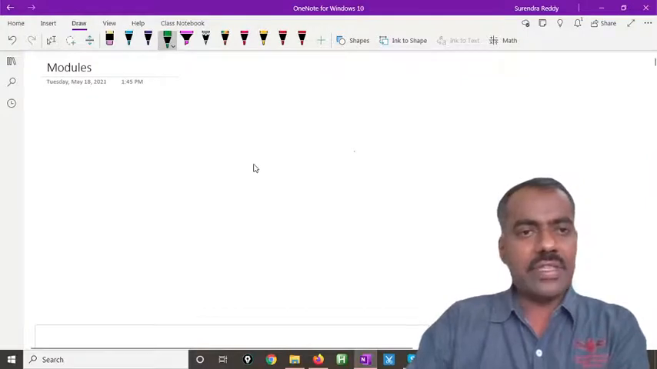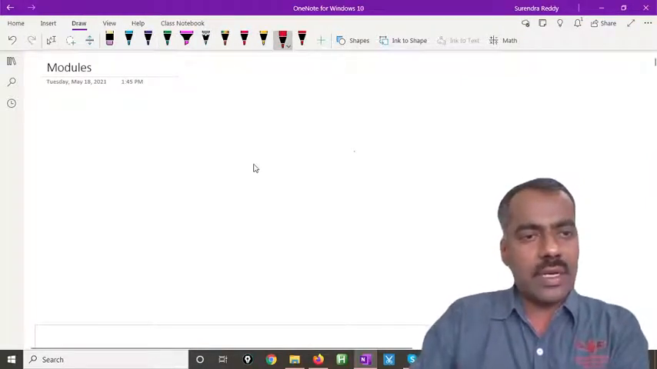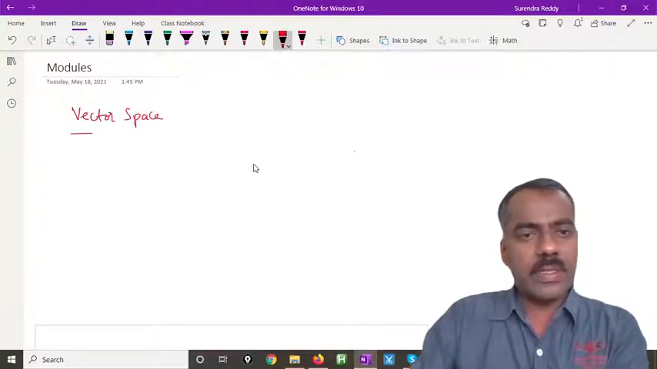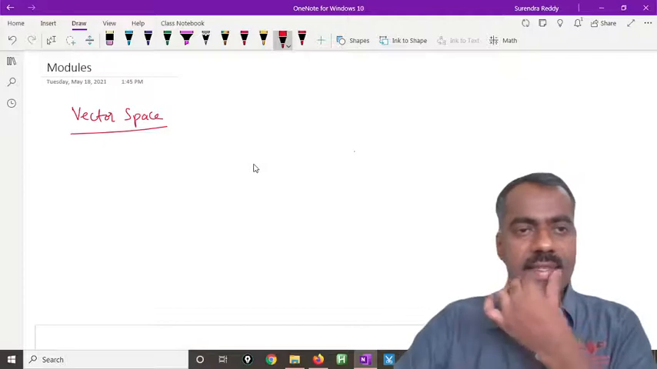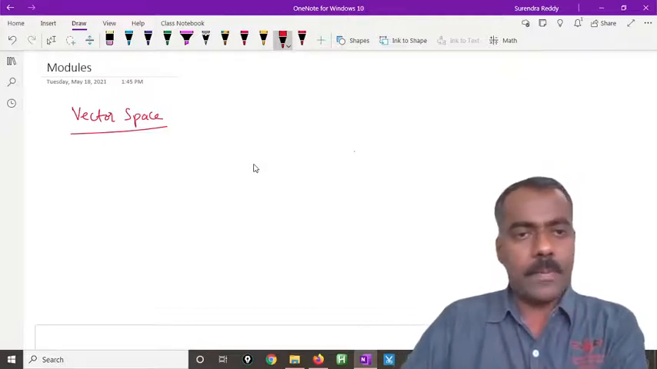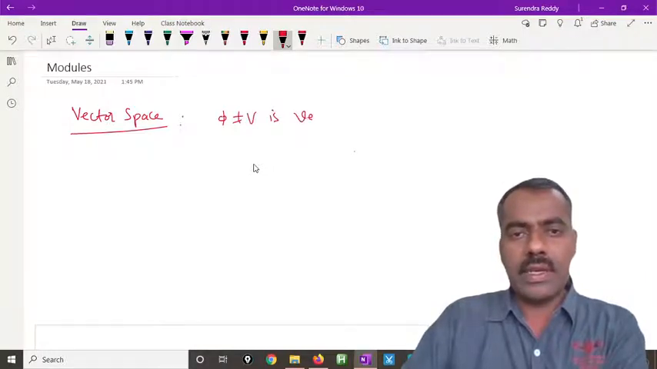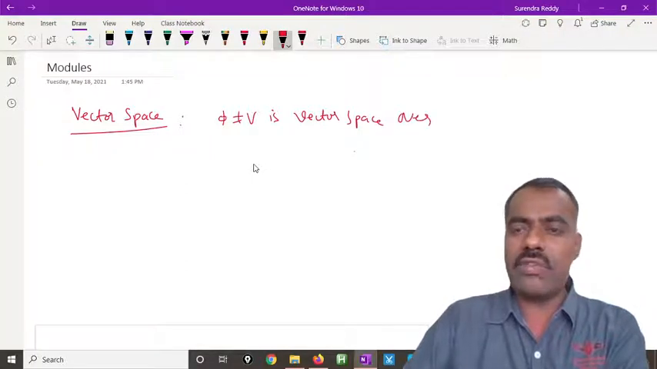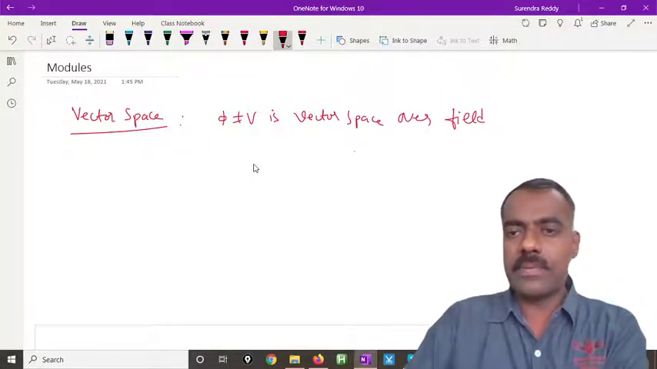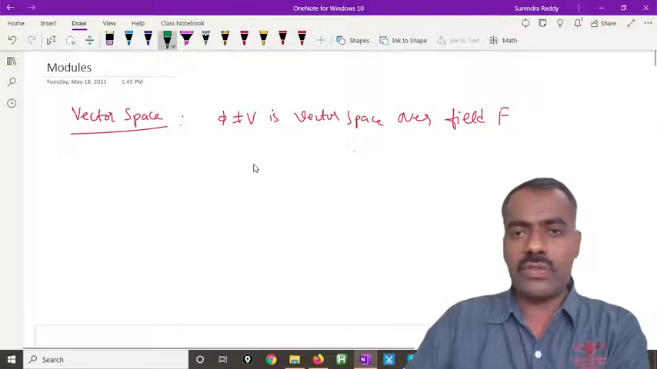Before starting the definition of a module, we already know a concept called a vector space. So we'll quickly recall what is meant by a vector space so that we can easily understand what a module is. A non-empty set V is said to be a vector space, of course, over a field F, if